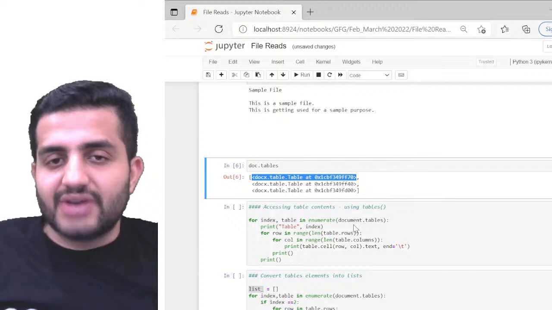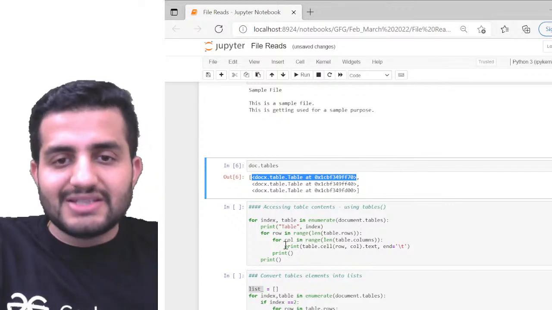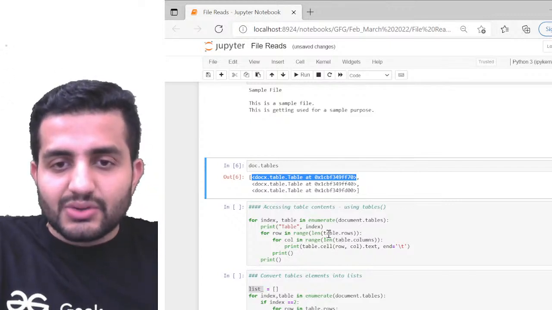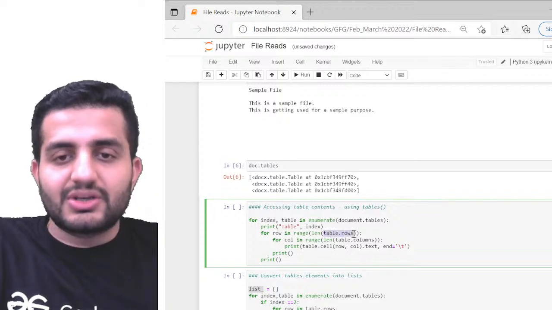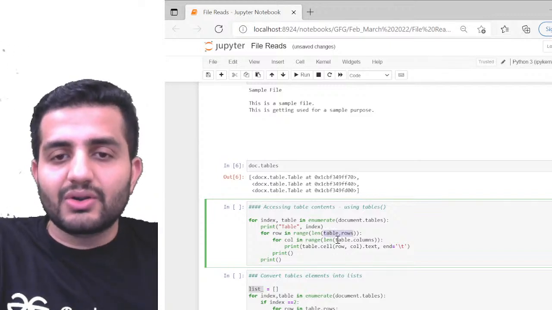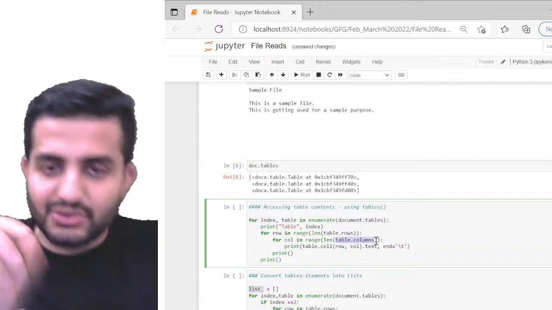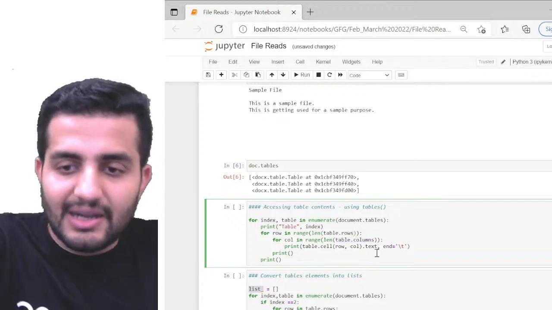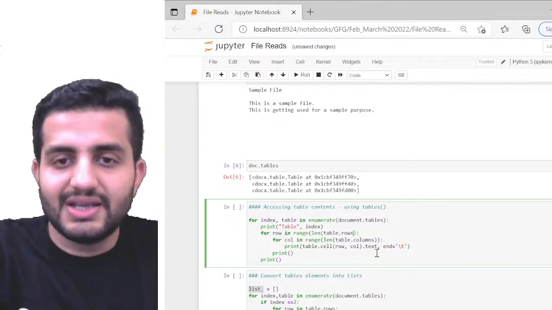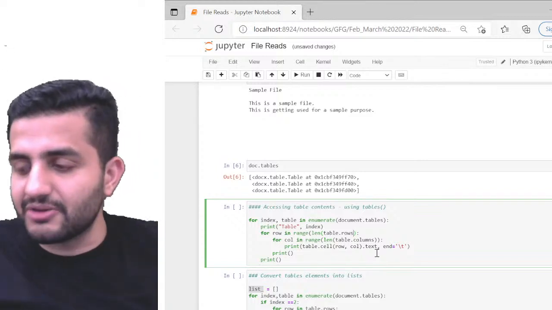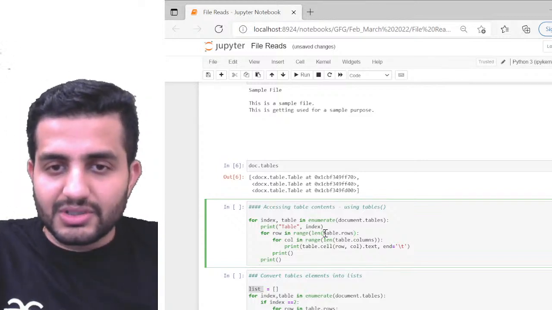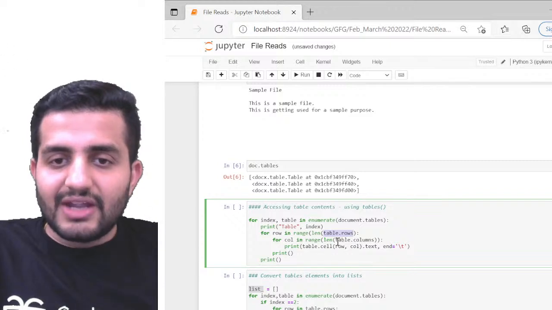So that is what I want to extract. So the code is pretty simple here again. Table has two things: table.rows and table.columns. It has the attribute. So look at this. Even here I'm not writing parentheses, right? Because it's an attribute of my table. It's an object of my table, right? So table.rows, and then we have table.columns, right?